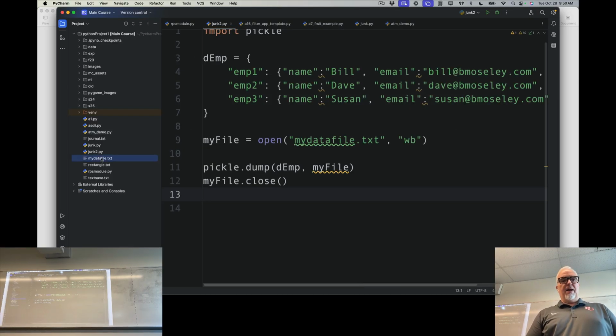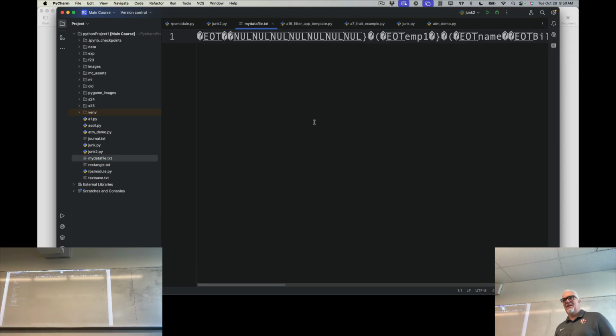I have my data file right here that I just created. And if I open it, it looks like this. Uh-oh, it looks like it's corrupted, right? It's actually not. It's written in binary code. So when I open it, I get a lot of weird characters because I can't read binary code back as ASCII text. So this is okay. And that's the biggest, maybe the only downside to using Pickle, but you remember before when we were saving our